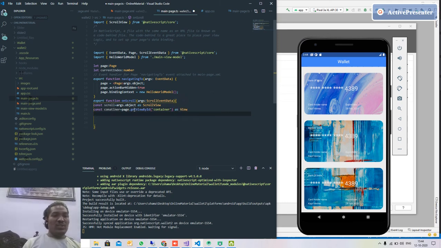I'll cast it as a View, because I want to use a forEach here.